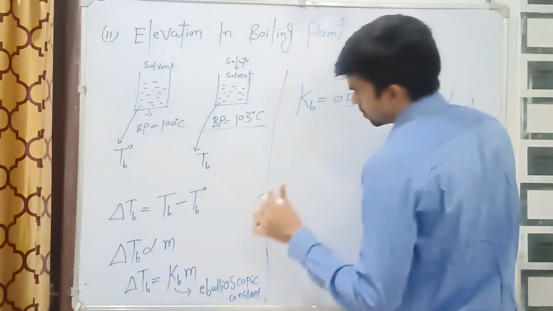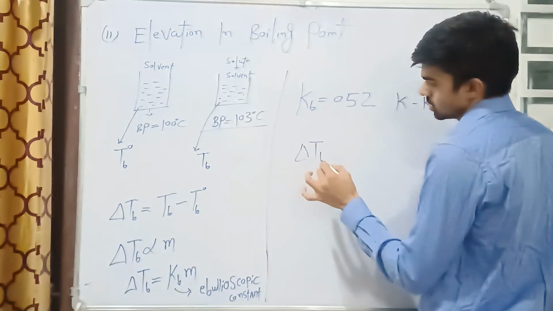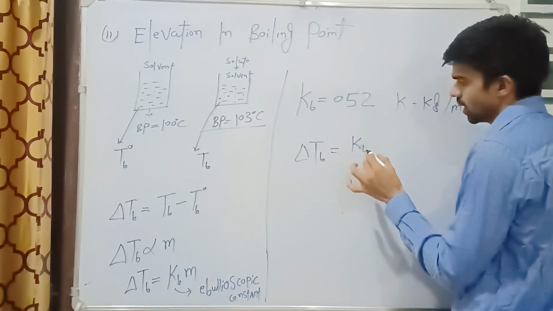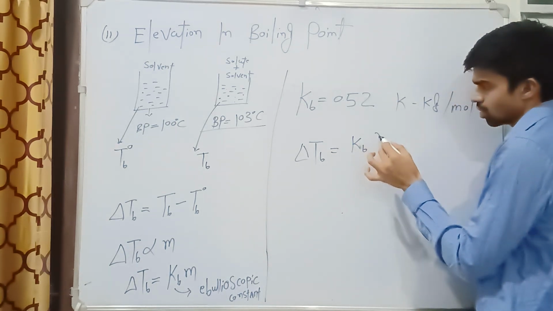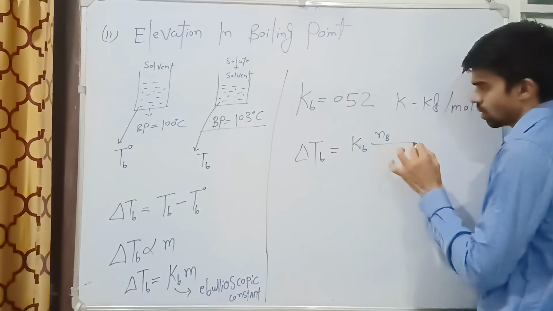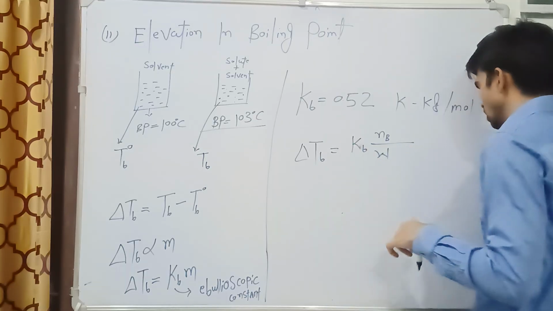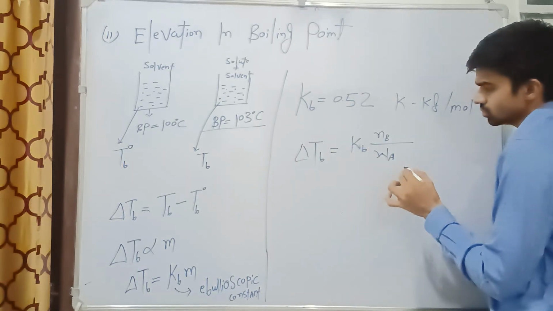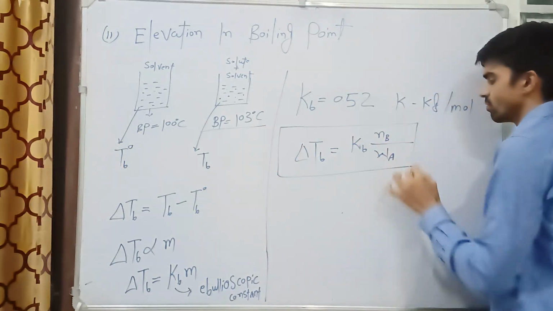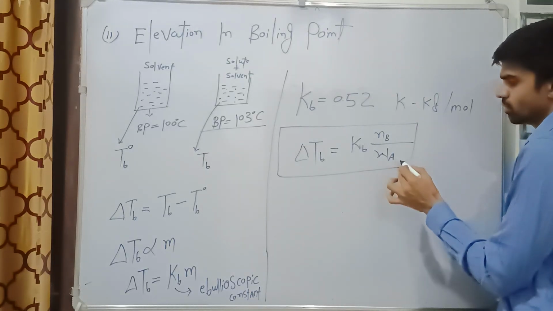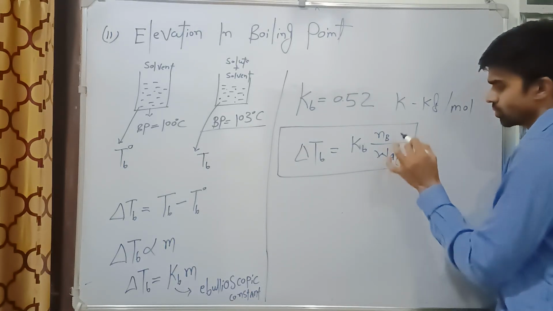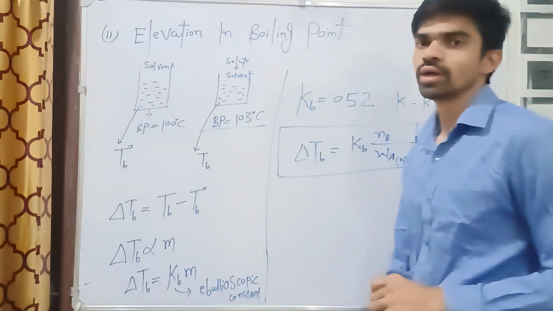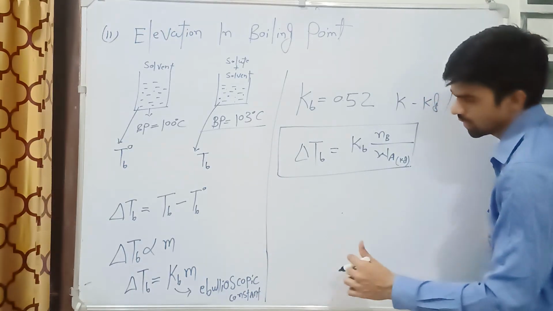you can write this formula in easy form as del Tb is equal to Kb into molality. Molality is the number of moles of solute upon weight of solvent. So this is how you can write the formula. Weight of solvent should be in kilogram. Now if you draw the diagram for elevation in boiling point, the diagram will be